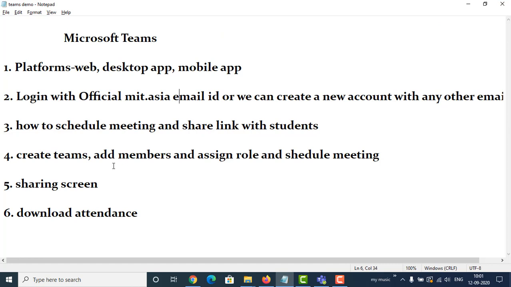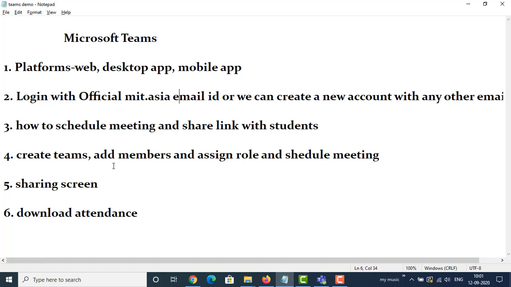To use Microsoft Teams, a user must have a Microsoft account. So all our faculty who are working in the MIT, they have their official MIT.Asia email address. So through that official MIT.Asia email address, they can log into the Microsoft Teams and they can use it.